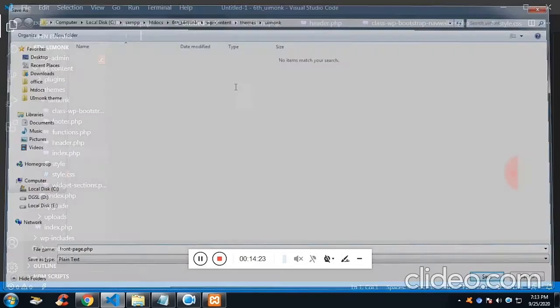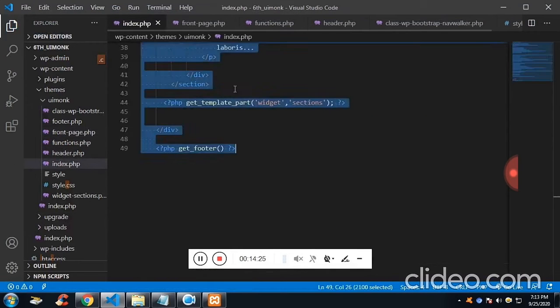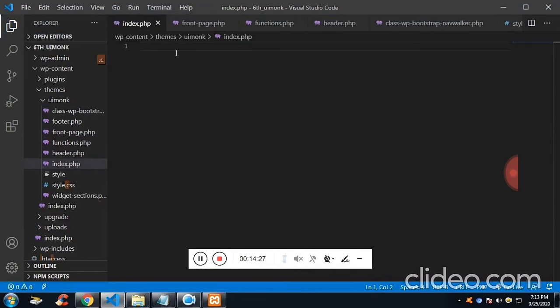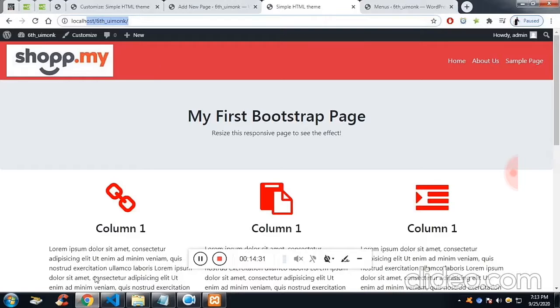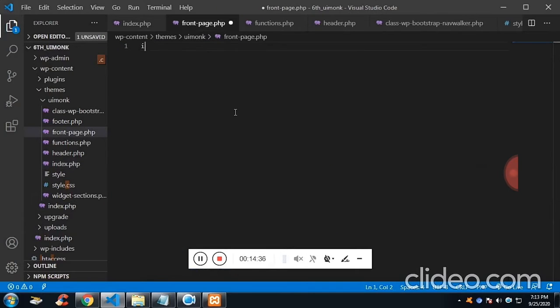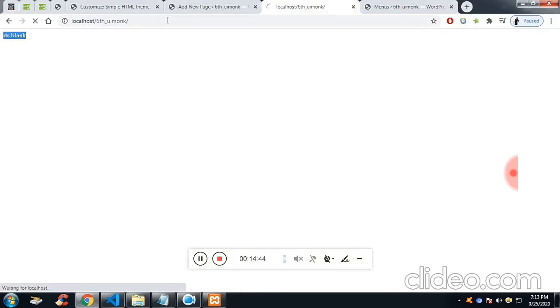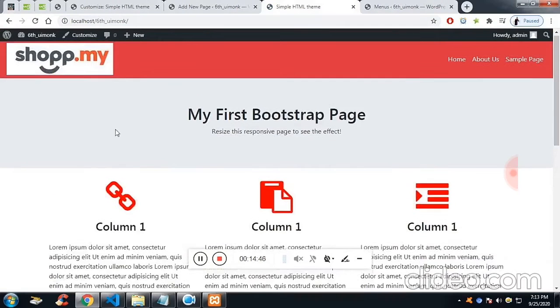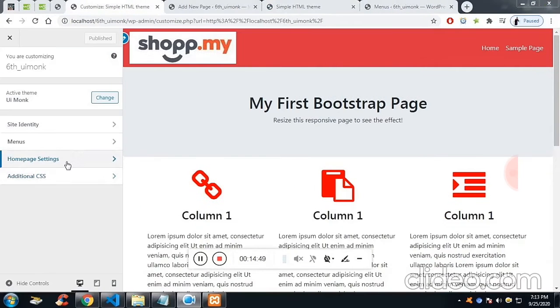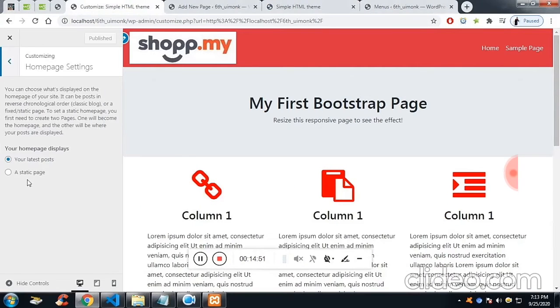Now let me create a file called front page. If I leave the front page blank and load the website, it is not going to open, because WordPress will search for the front page and it is blank now. So let me paste whatever is inside the index.php into the front page, and let me make the front page the